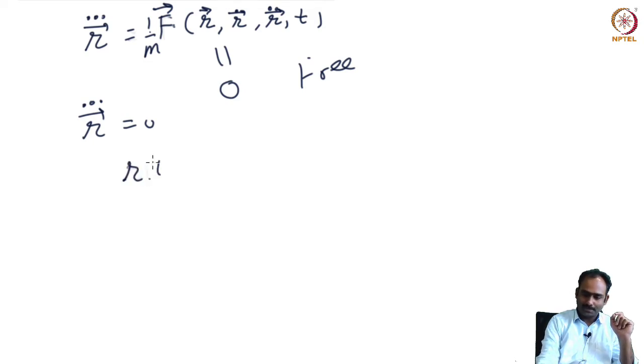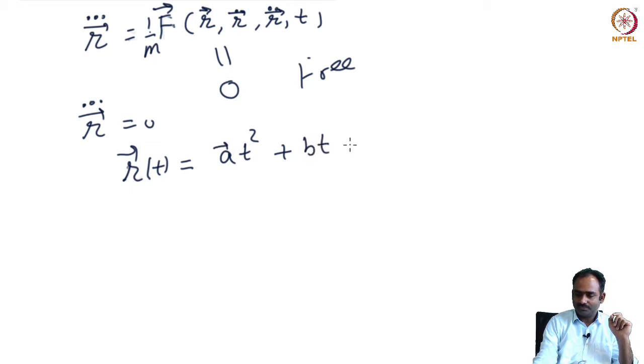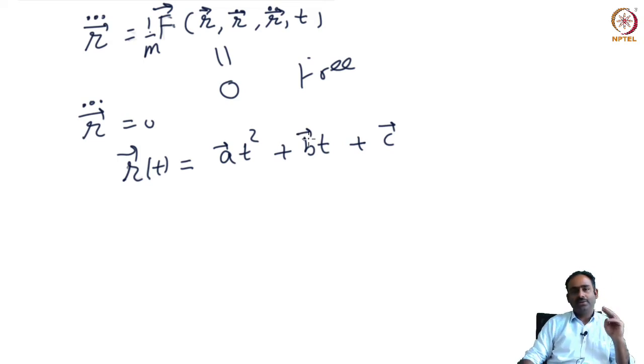this will involve three constants of integration, vector A, vector B, and vector C. Remember this